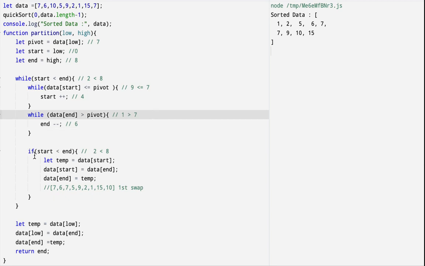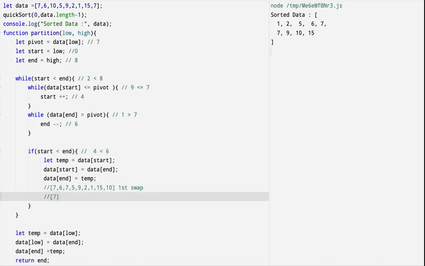Now it will come to the if condition. What's the start value? Start value is 4 and end value is 6. Now 4 is less than 6, yes, then again it will go swap. After second swap we will get 7 6 7 5 1